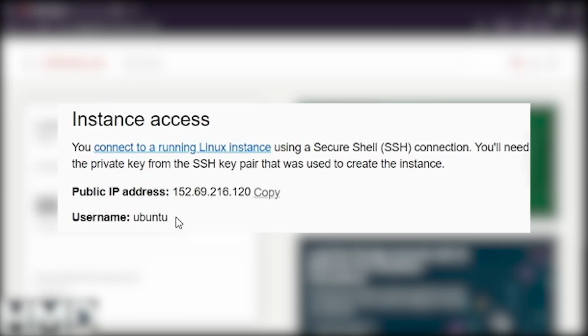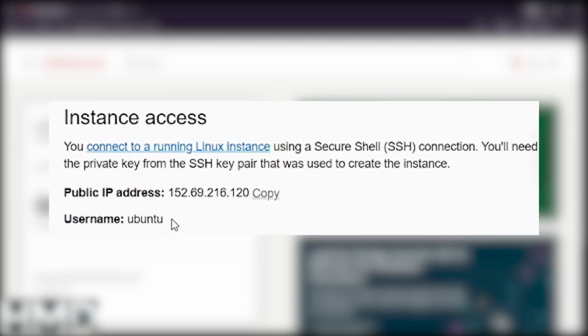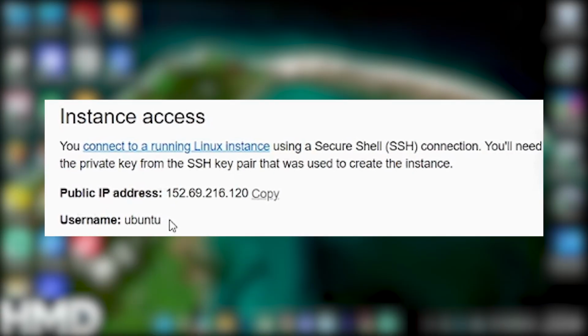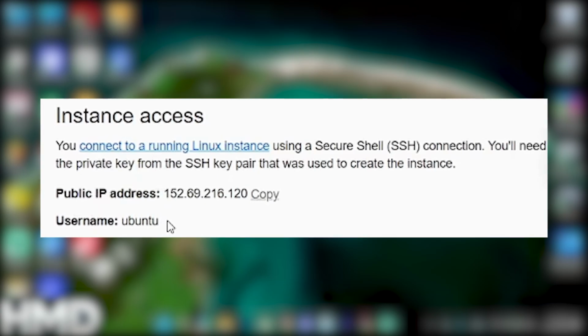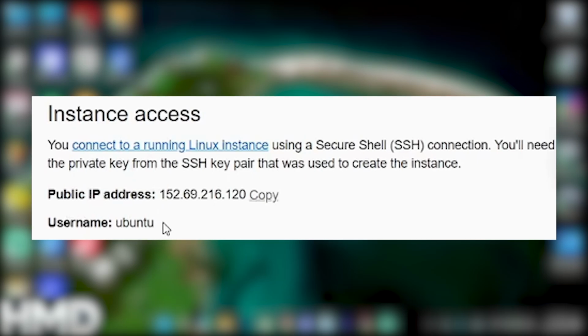Next, copy the public address numbers. You need to find the specific online address numbers that tell your home computer exactly where to find your cloud machine on the internet. Look under the details section of your machine, find the line that says public IP address,